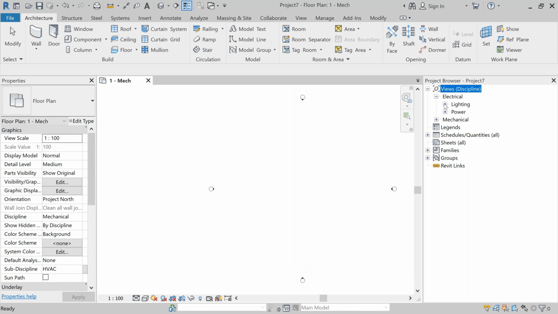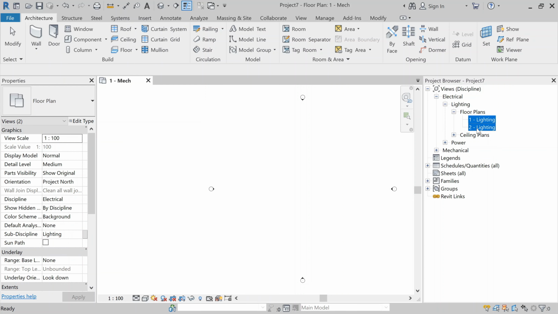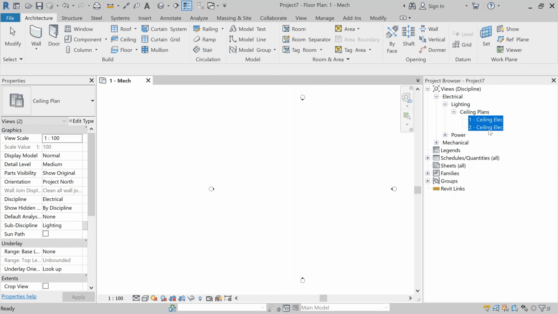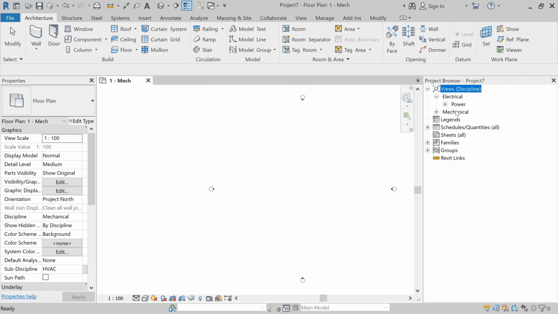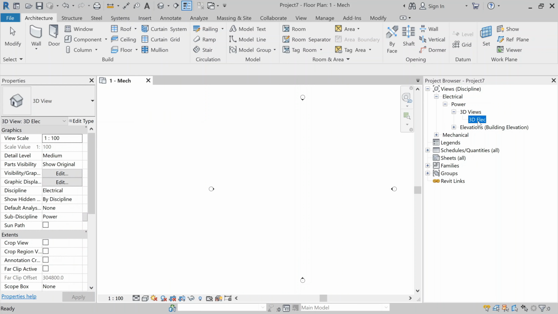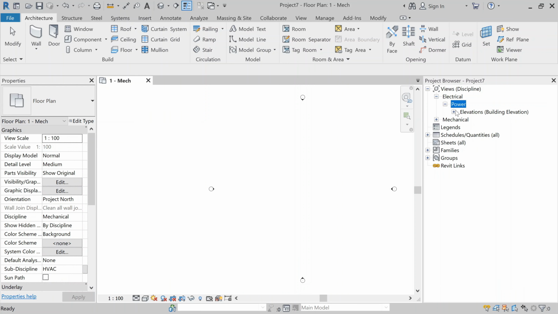Now let's open the electrical. We have two subdisciplines in the electrical discipline. As you can see, the lighting. Open the lighting plans, select delete. Ceiling plans, select both of them, delete. Open the power, open the plans, delete. 3D views, open them, delete.